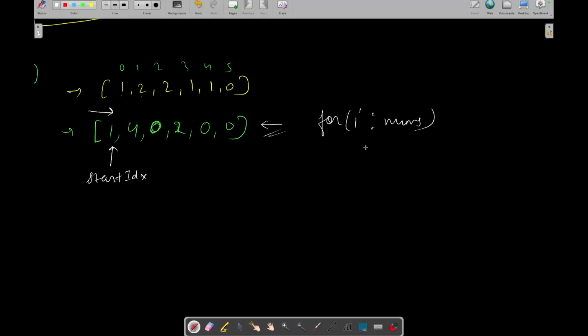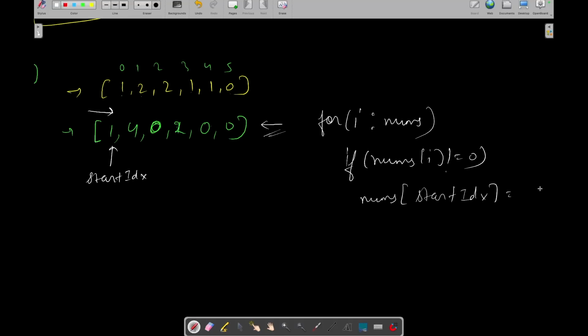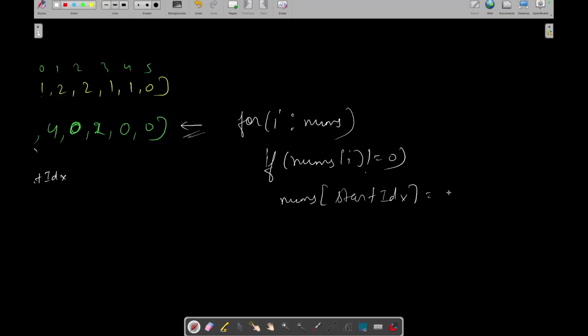If nums of I is non-zero, then we will update our nums of start idx with nums of I.